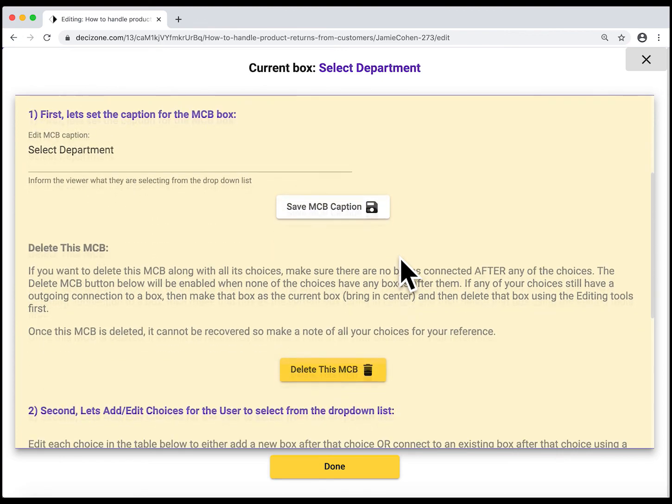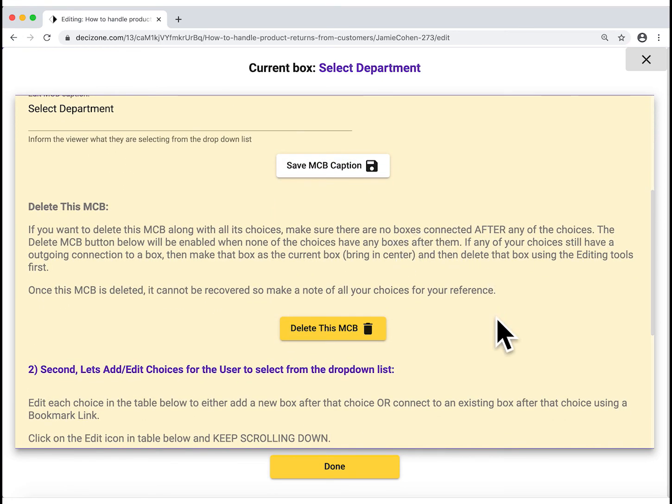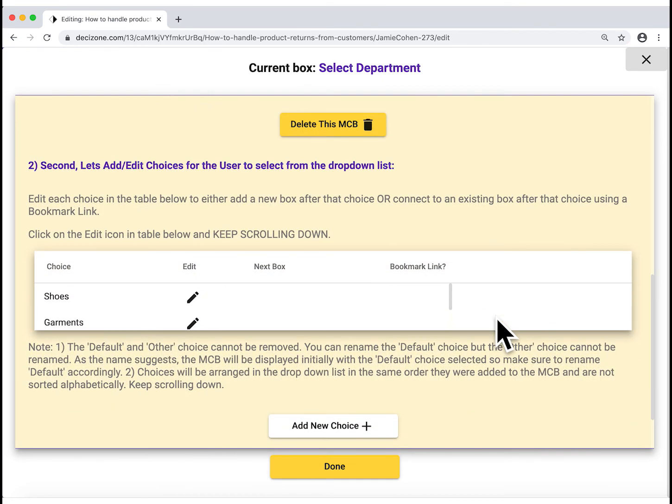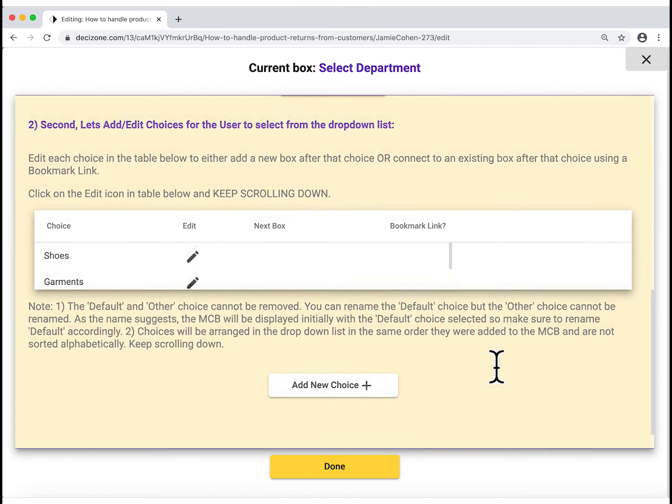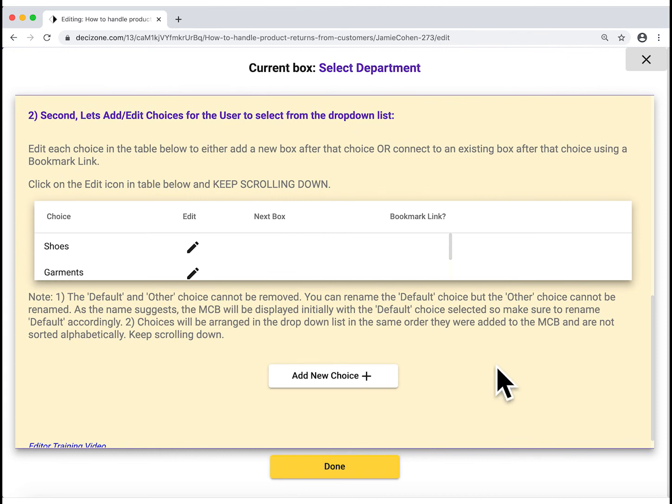You will probably have noticed that we have a few more editing options available when we try to edit an existing MCB compared to what we had available when we first created the MCB box. This is because now we have tools available to edit each of the choices as well as add more boxes after these choices.